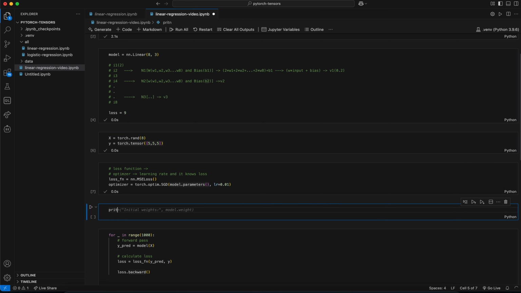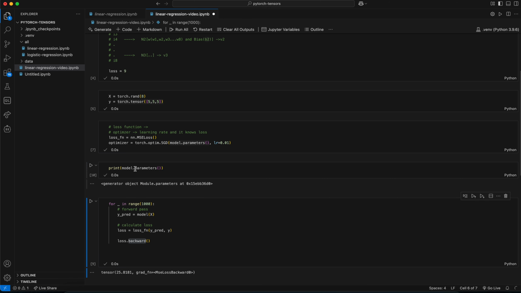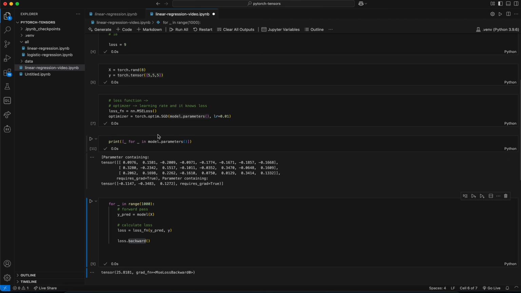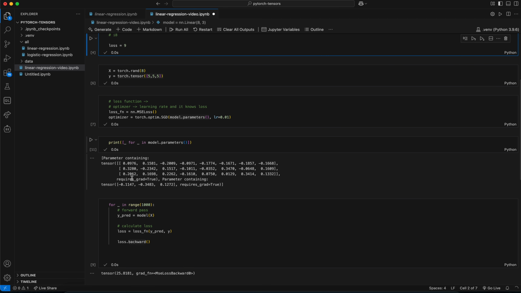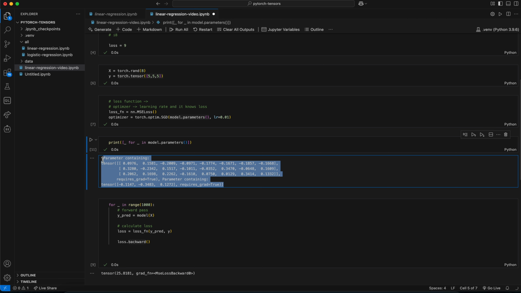If I just print model.parameters, okay, this is an object so we can just print this. Okay, now all my parameters are printed. By knowledge we know that it should have 1 2 3 8 16 24 25 26 27 parameters. So let's count them: 1 2 3 4 5 6 7 8 16 24 25 26 27. So in this whole model there are 27 parameters which we can tweak